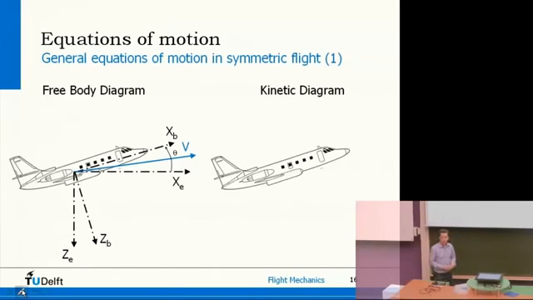So angle gamma, the flight path angle, simply tells us how steeply we are climbing or how gradually we're descending. Finally, there's an angle between the aircraft and the airflow, and that of course is the angle of attack, which is relevant for the aerodynamics,